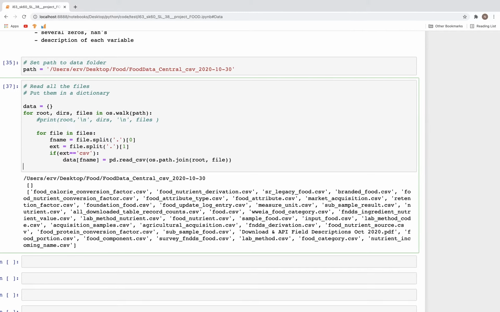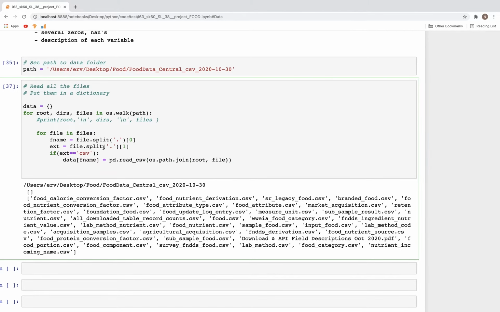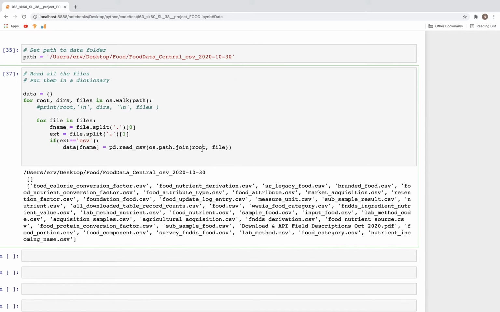So that way we are reading the file as a CSV file and then putting it in the dictionary where the key is the file name. So this would be the key for that particular data frame, so we can access it later on. And then file name is equal to, we don't, yeah, that should work. And then we run this,